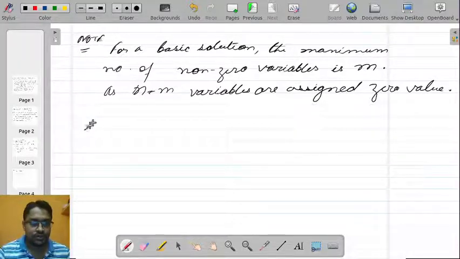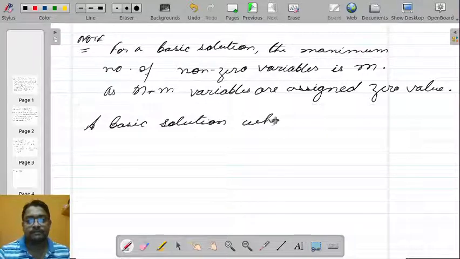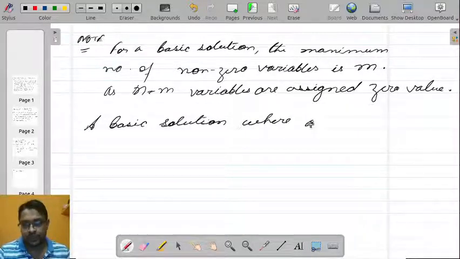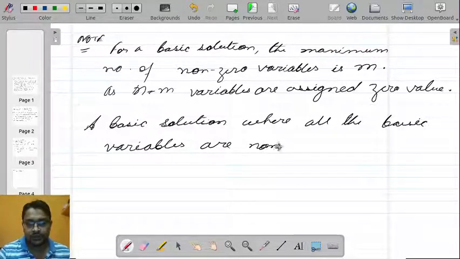So a basic solution where all the basic variables are positive, non-zero,